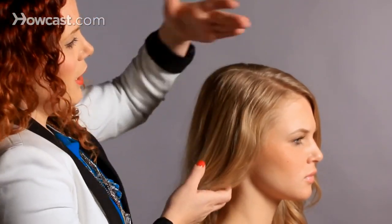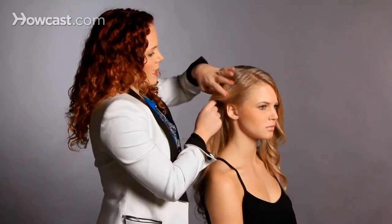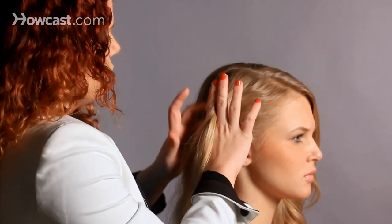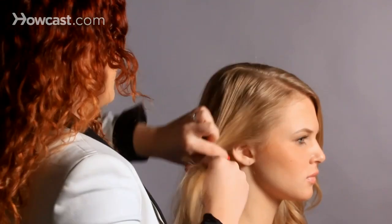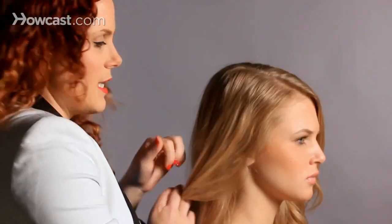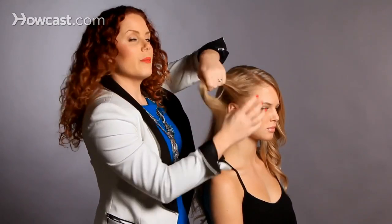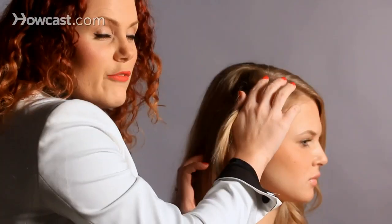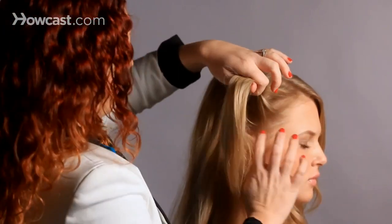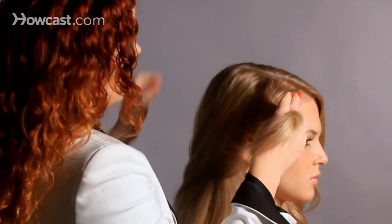So we're gonna start here on the small side of our part, and we're gonna create a headband. We're going to French braid all the way around, and then on the other side, we're gonna French braid all the way around the other side of the head. Because it is such a big braid, I'm actually gonna start with kind of bigger sections this time. So I'm gonna take from the top of her ear up to her part line, and this will create our